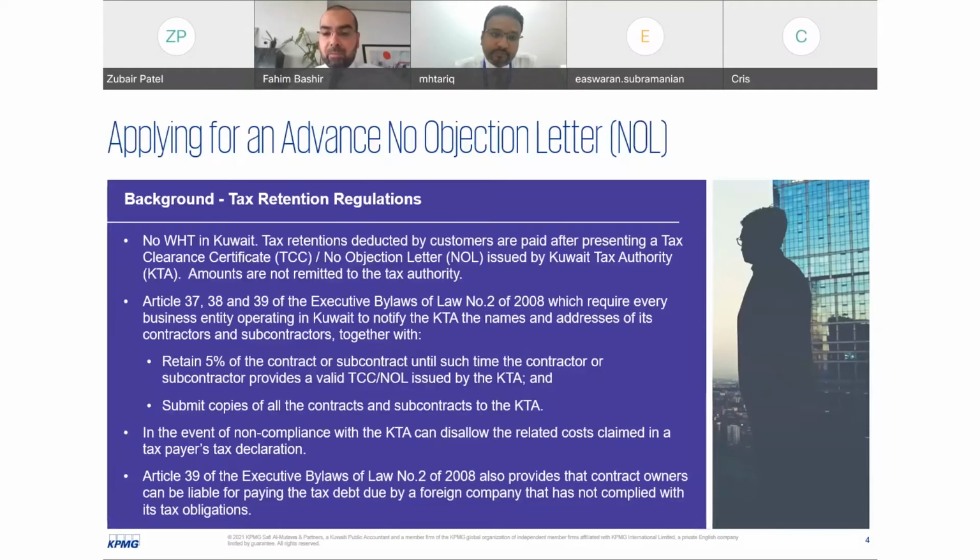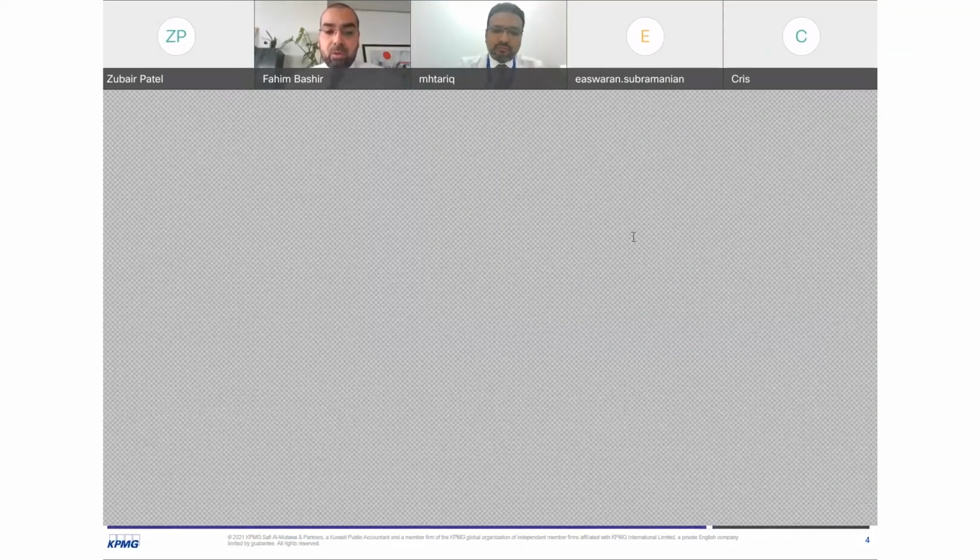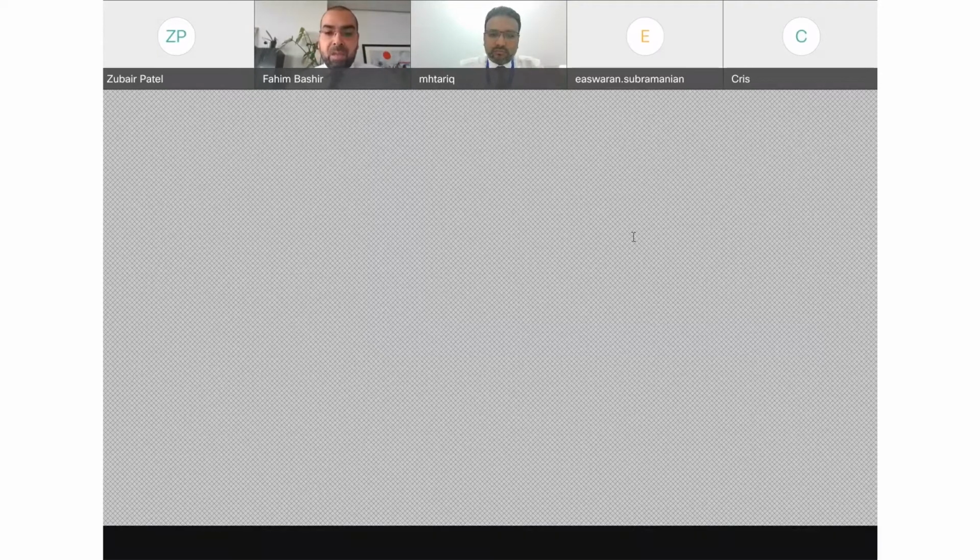That is the key distinction that you see locally from Kuwait versus the other GCC, and actually wider global tax frameworks. And I think, again, it's really about what is the NOL, and there are a couple of aspects that we need to first consider. Your NOL is a letter that is issued by the tax authority. It is not something that is issued by the Kuwaiti company itself or by the foreign contractor. It is something that is issued by the Ministry of Finance, but it is addressed to the contract owner.